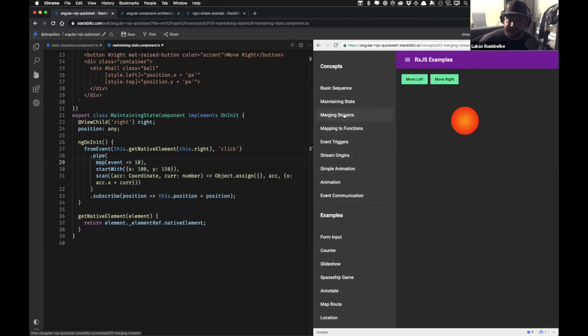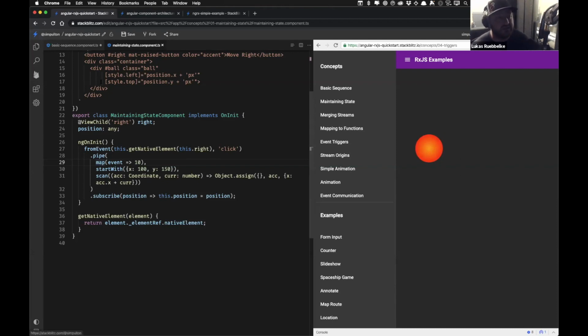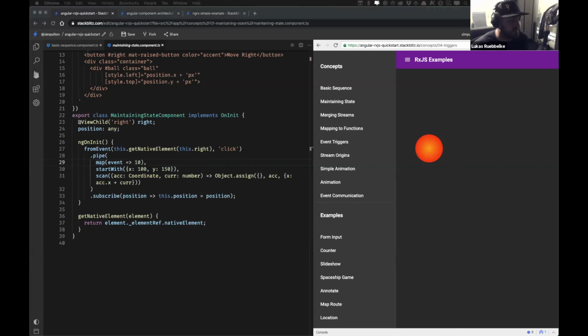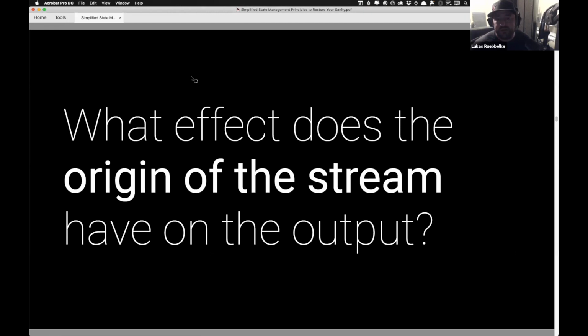So if we go to event triggers here, notice I can click, I can drag, and when I'm done, the stream is done. So I just started the stream. Now it's on the move stream. And then the minute I let my mouse up, it's no longer following. So this is how you do drag and drop. So you can use these streams to actually sequence other streams, which is really, really powerful. So for the sake of time, let's move on and let's talk about